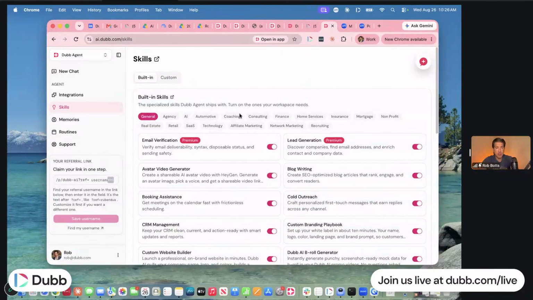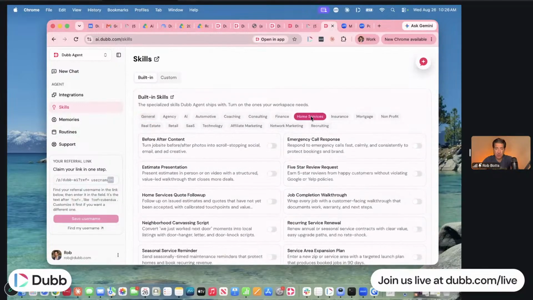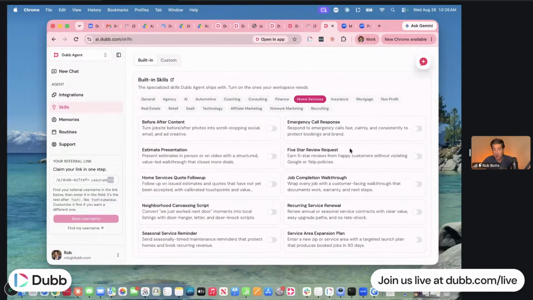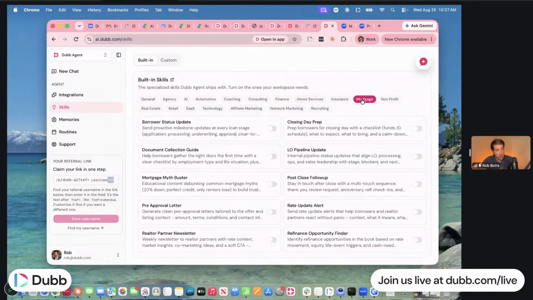And then what you want to do is go to your industry across here in the top. If I was in, let's say, home services, I'm going to pop in here, hey, 5-star review request. Yes. I'm definitely going to turn that on. How about canvassing scripts? Yeah, we got some folks out there hitting door to door. We want to have that done, so that's ready to go. So just hit the industries that you're in, whatever they are, turn on the switches. General, industry, turn them on.